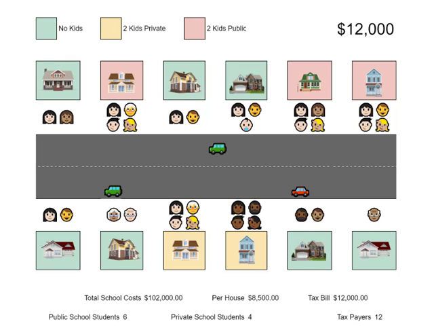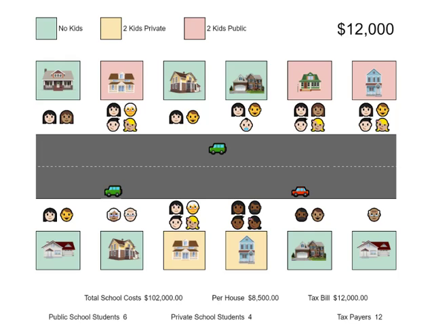It might not be readily apparent why and how this could happen, but let's start out with a simplified picture of a block in Oak Park. The green homes have no children in the schools. For simplicity's sake, each home with school-age children is only given 2 children. The children can either be in a private school or a public school. The no children and private school homes pay into the school system but don't incur any public school costs. The public school homes both pay into the system and cause the school system to incur costs educating their children.